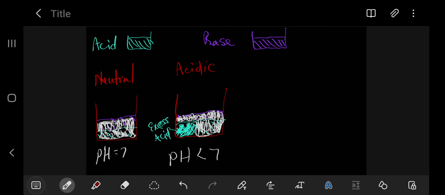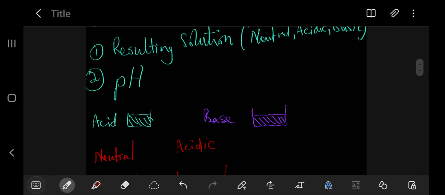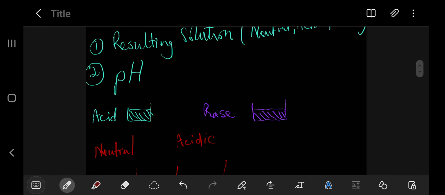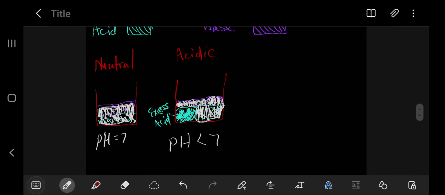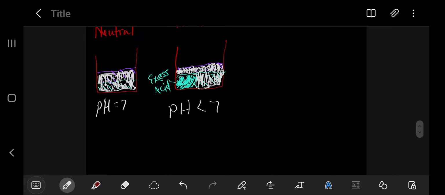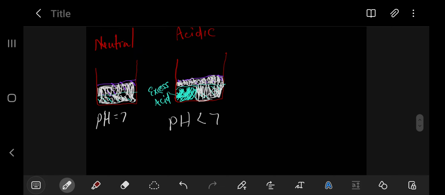Remember, we are answering two questions. We want to check the resulting solution, right? And then we calculate the pH. So if there is complete neutralization, all the acid reacting with the base, the pH is 7, right? But if the base finishes and the acid is not finished,